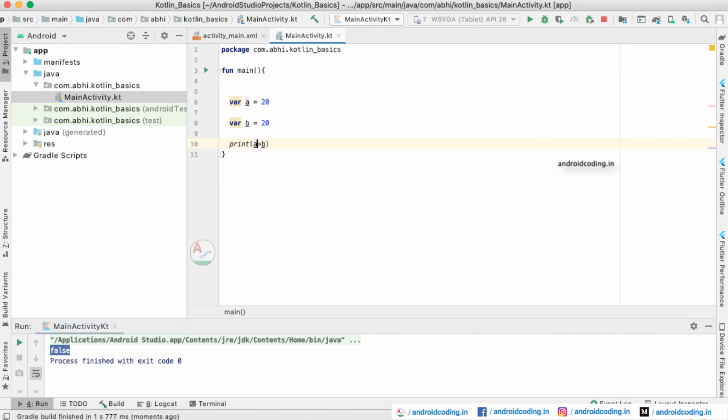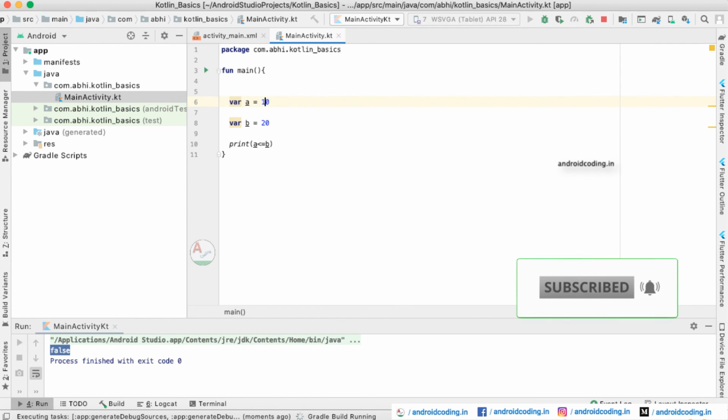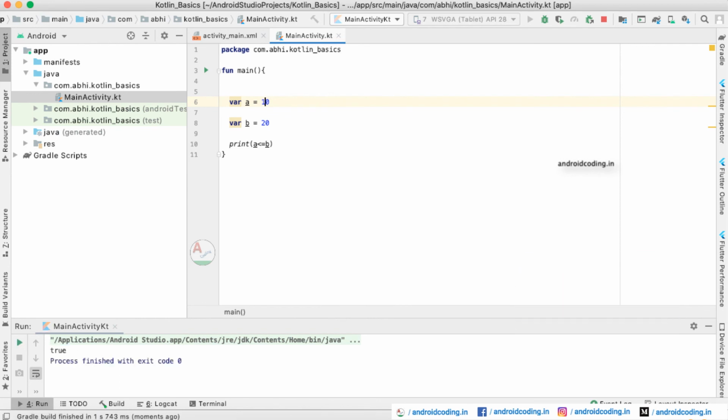In the same way, less than or equal to also we can consider here. Now this one will be true here. Why? Because a is less than b. And this is it for the comparison operators.